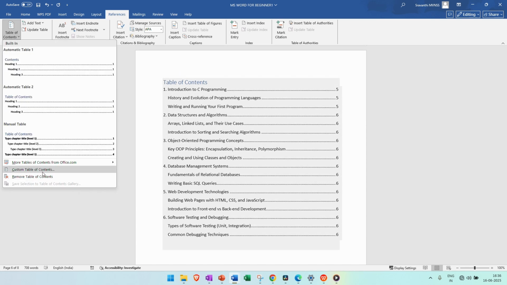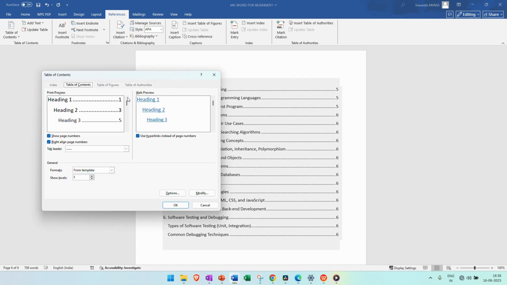But when we customize our table, there's a print preview and web preview version. Of course, hyperlinking is only going to work on a web version. If you are printing out this Word document, then hyperlinking doesn't make sense. At that point, only page numbers will make sense, so that people can look at what page number it is on, and turn the pages to that specific chapter. So if you want, even in the web version, to use the hyperlinks instead of page numbers, you can